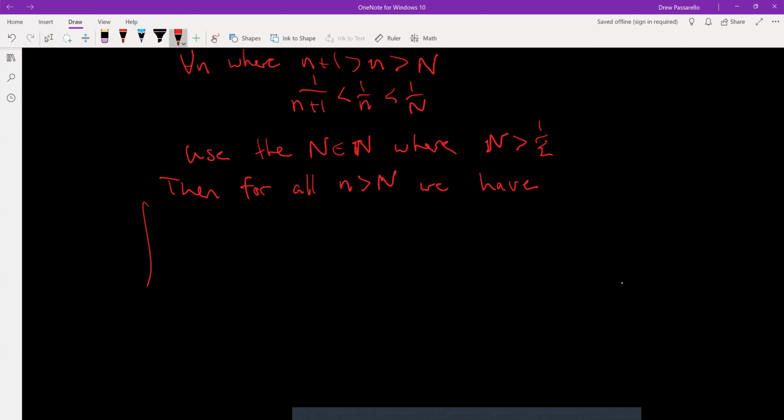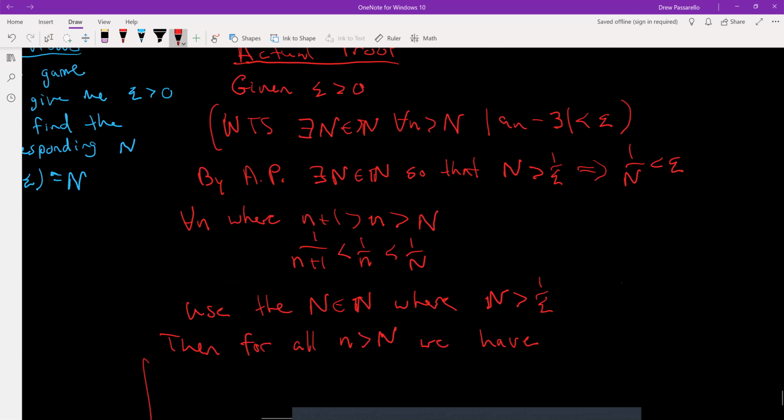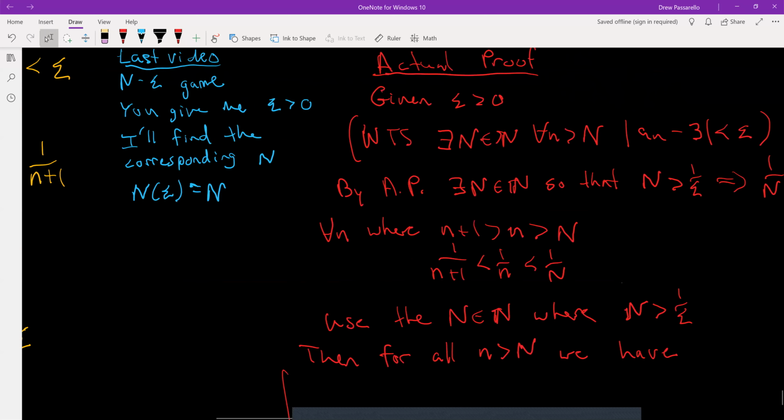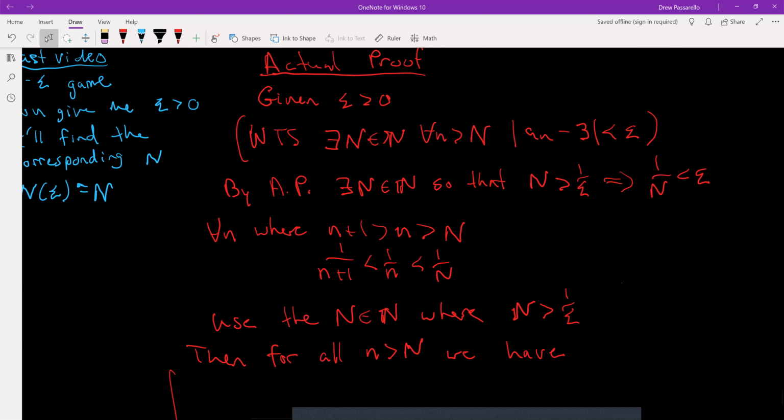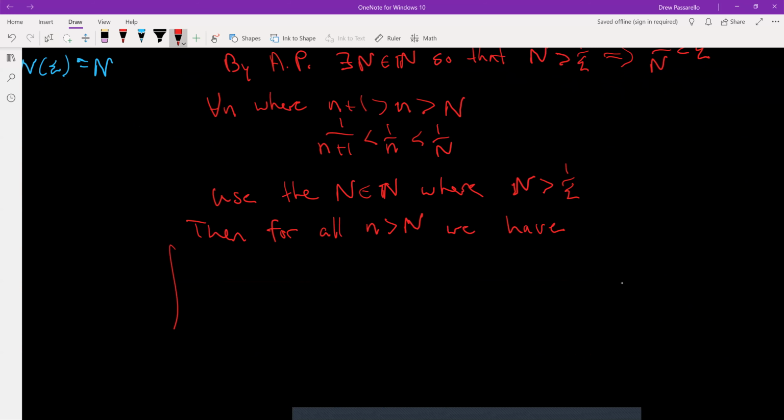The absolute value of our sequence a_n minus 3, where our sequence is 3n plus 2 over n plus 1, so then that's minus 3. And then we did some algebra, so that's going to be equal to 3n plus 2,